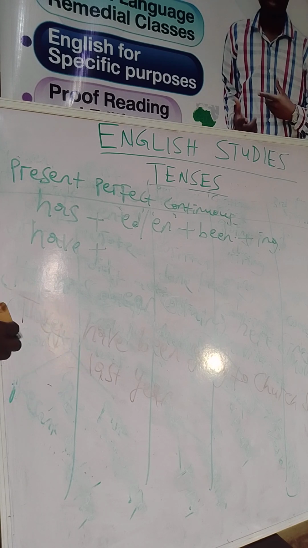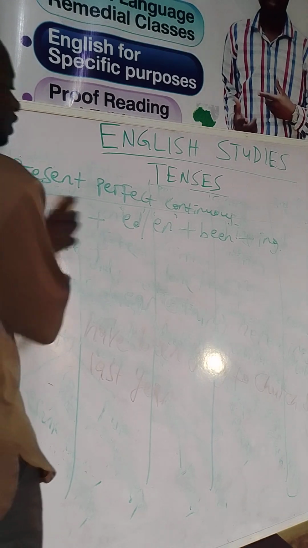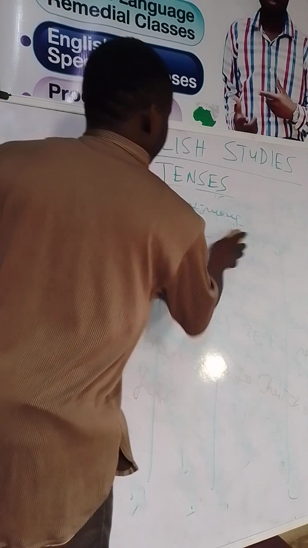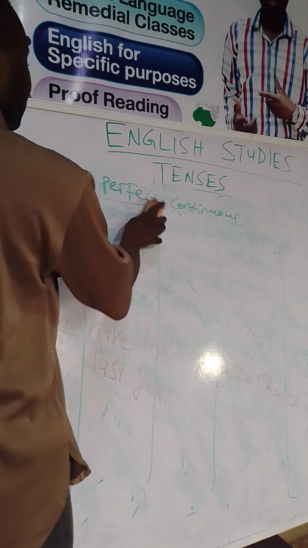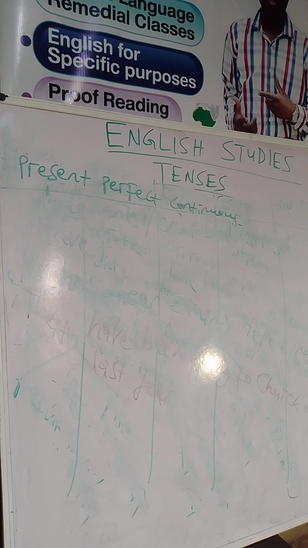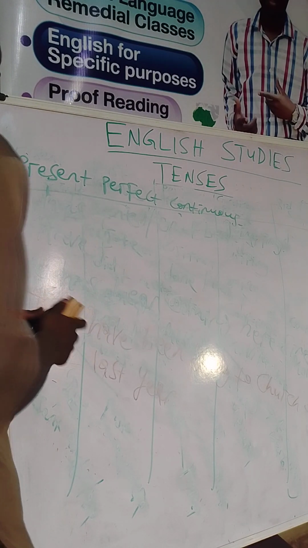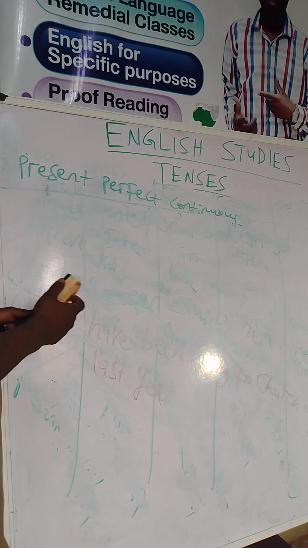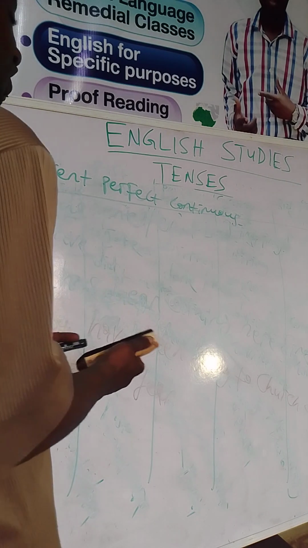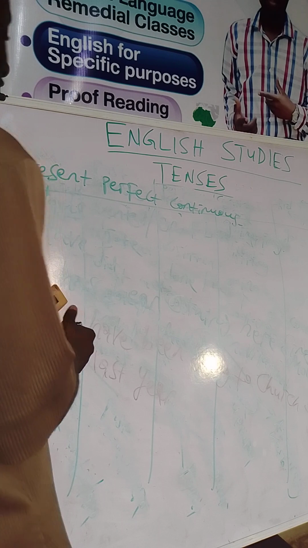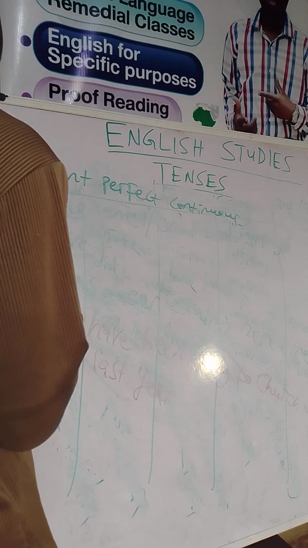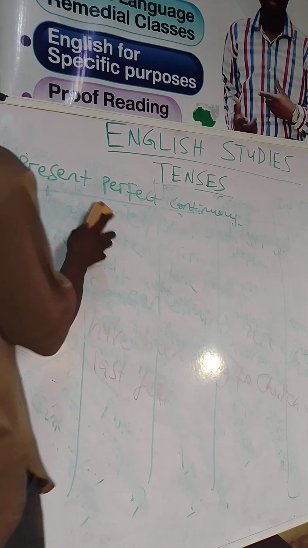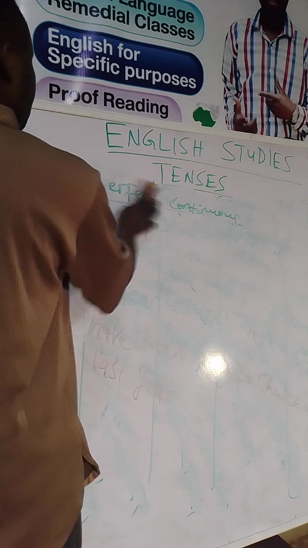But when you say he had been coming here before the husband died, she had been coming here before the husband died, that is past perfect continuous. If it is just past perfect, he had done the work before I came. That is past perfect. Past perfect is the combination of had plus the ed and en inflection. He had done the work before I came. That is past perfect. But when it is past perfect continuous